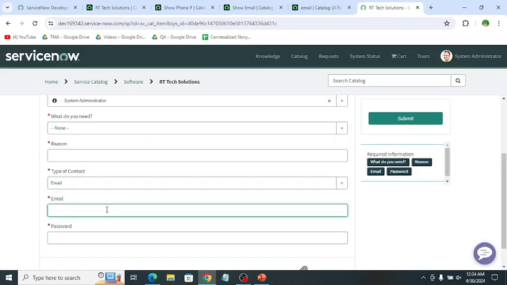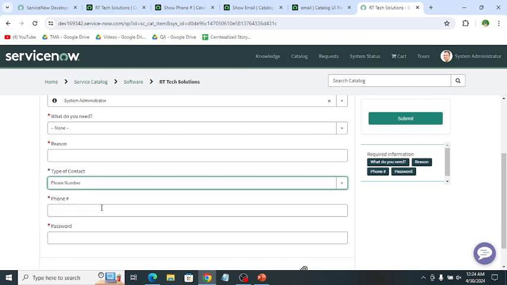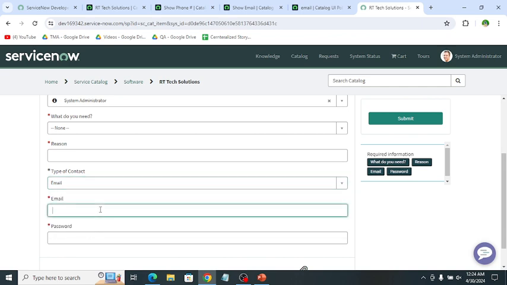So when the user, for example, enters test@gmail.com and then selects the phone number, it automatically clears the value of email. Same if the user selects phone number and writes any number, and if they again select the email, then it clears the value. So in this way you can write scripts, make fields mandatory, and show and hide fields.